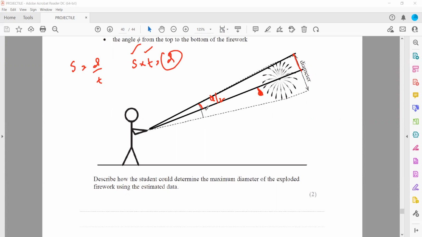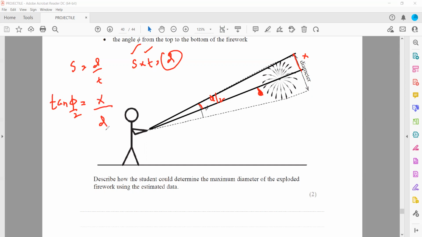We already know phi, and half of this angle will be phi by 2. I have the base and the angle, and I need the perpendicular, so I can use tangent of phi by 2, because we are taking the half angle, not the full angle. Tangent phi by 2 will be equal to perpendicular, this unknown x,